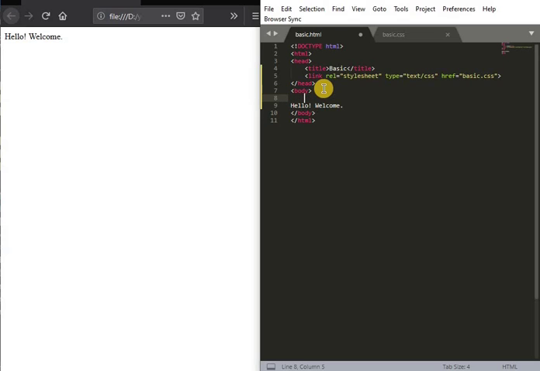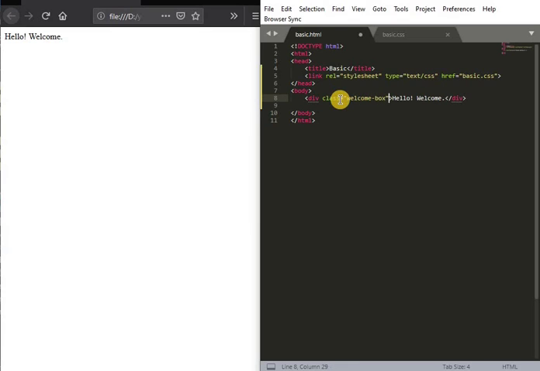Now let us create a division in this web page where the hello welcome is. We can do that using the division tag, div. So I want to take this under a division. Now we can use the attribute called class. The class means which class this element belongs to. So I'm giving this element a class of welcome box.